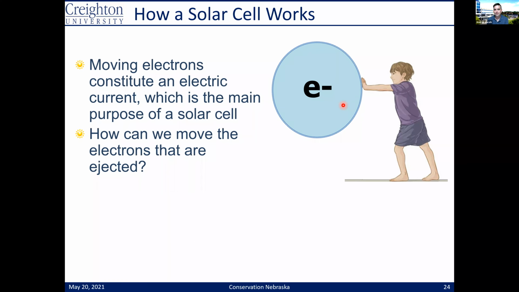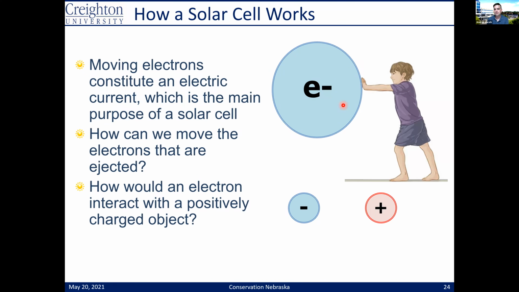So this graphic isn't helping, right? So electrons are tiny. They're infinitesimally small, essentially. So we can't just go around and push them, as this might suggest. So we really have to kind of think about how do we move electrons around. So again, I'll answer the question now with another question for you to think about, which is how would an electron, this negative thing here, how would it interact with a positively charged object?